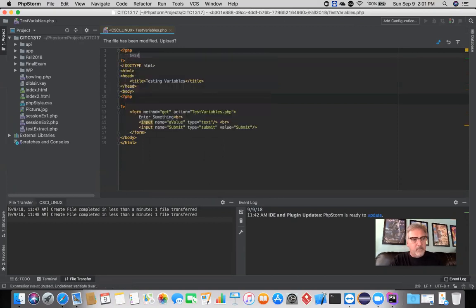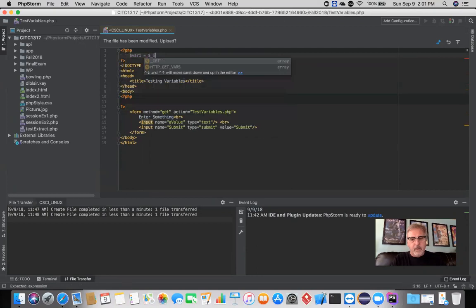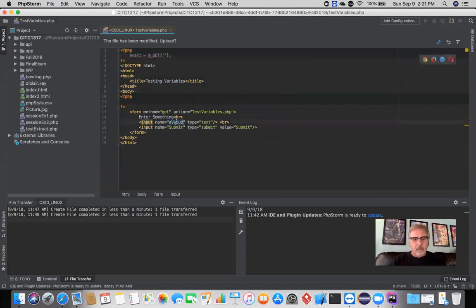I'm just going to call it var, or var1 maybe, because it has no purpose other than demonstration. Then I'm going to get it out of my superglobal GET array. Okay, and it's called what? Well, it's called a value right there. Okay, so if I put that right here and I get it out,